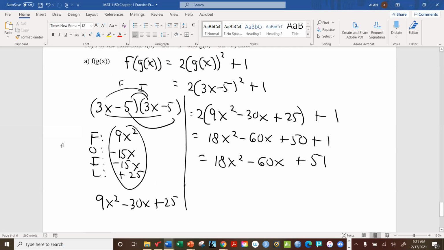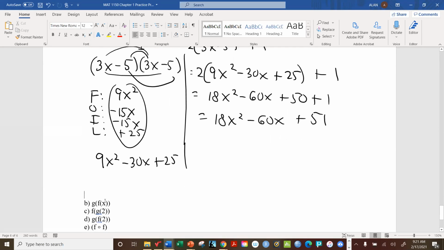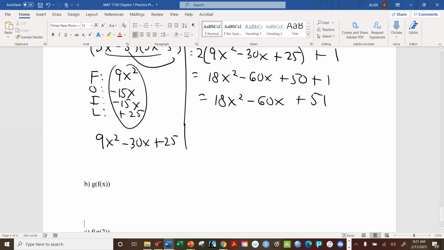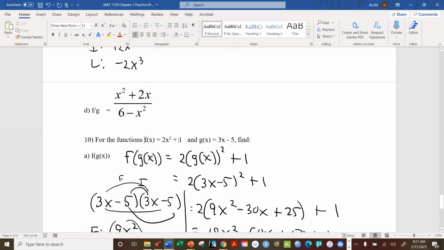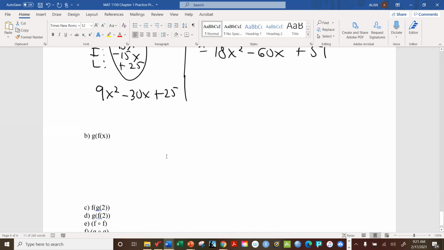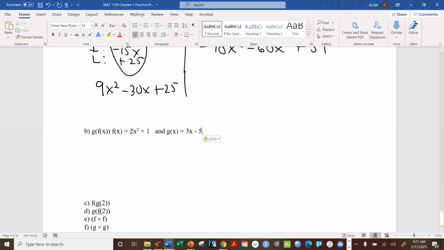Okay, now we're going to do g of f of x. We're going to take this in the opposite direction. So let's just quickly remind ourselves what functions we were dealing with. I'll just copy these down here. So that means g of f of x means just take g of x and all the x's become f of x's. So you'll have